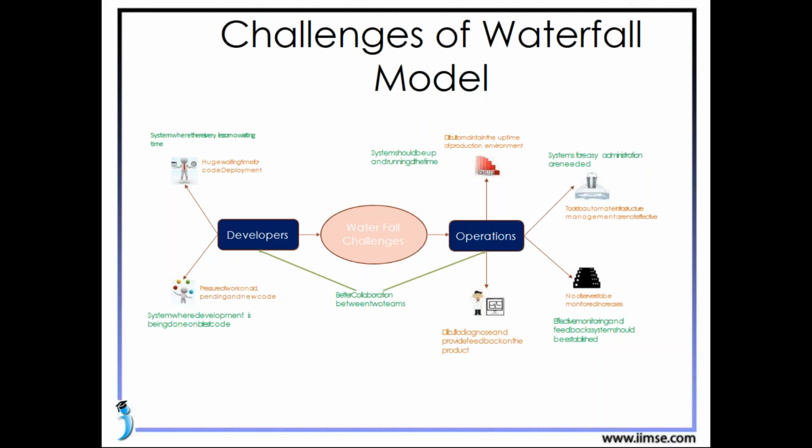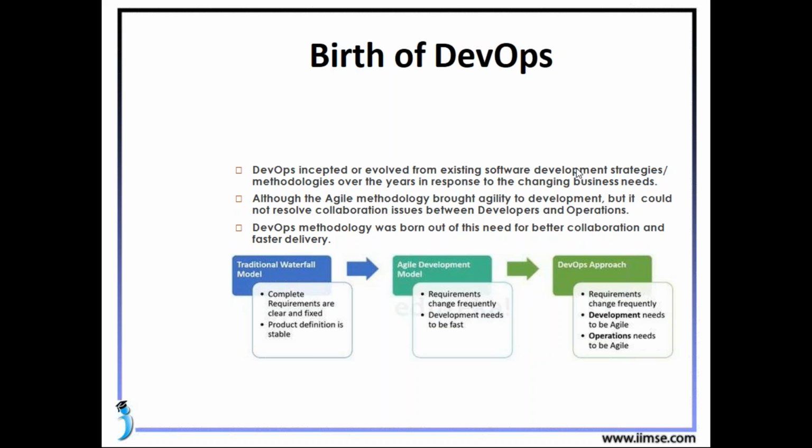So all these things were needed to bridge the gap, that is, there should be better collaboration between the two teams, which the agile model also could not handle very effectively. And in fact, this gave birth to DevOps. DevOps came out